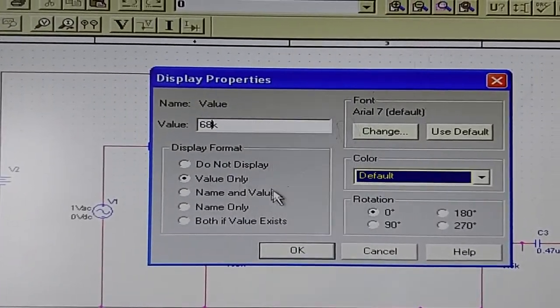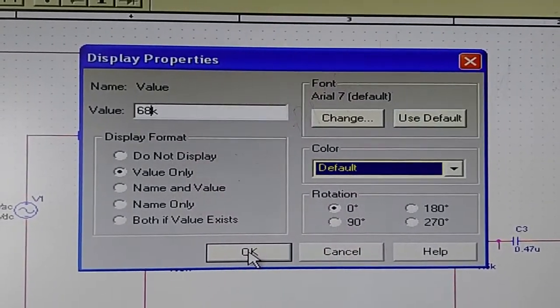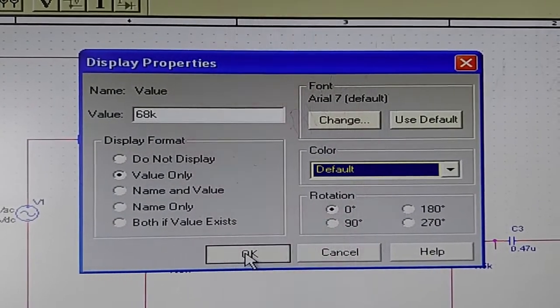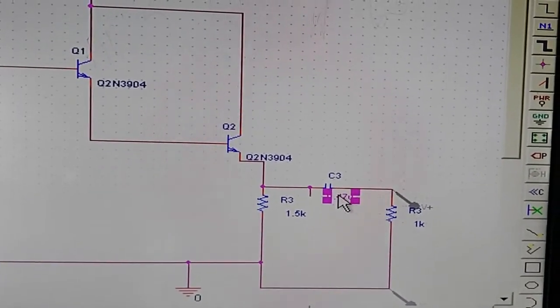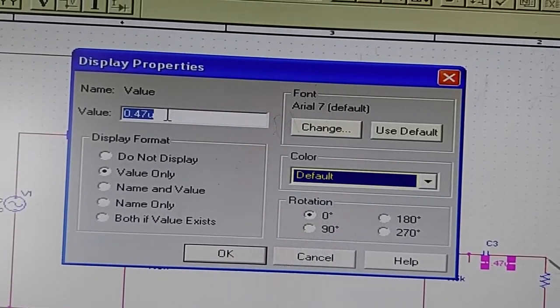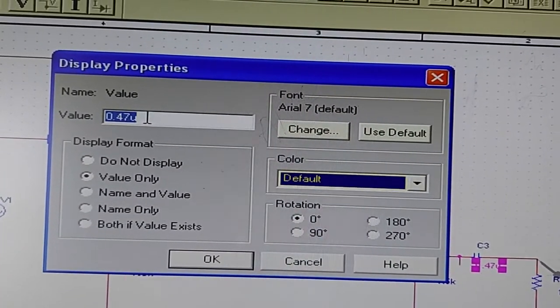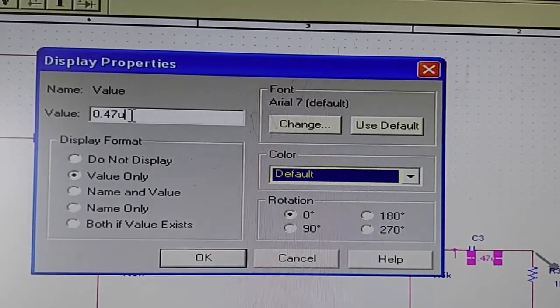Then just click OK. Now I have given 68K according to the circuit diagram given in your manual. Similarly, even for the capacitance, you can double click on the value and put in the value, which here is 0.47 microfarad. For microfarad, just type small u.